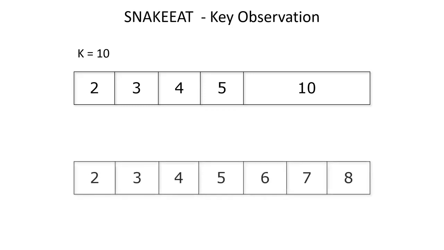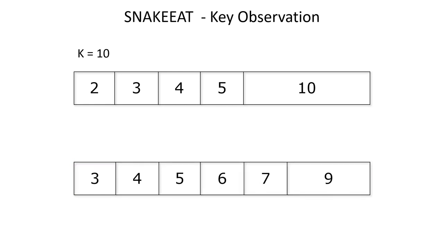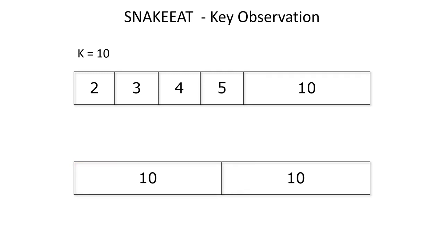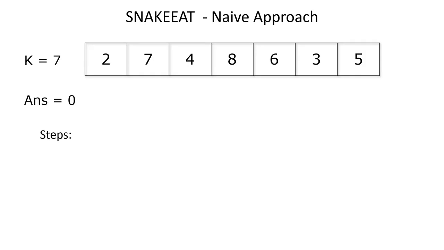Now let's look at another approach. The last snake eats the first snake and becomes of length 9. Again we follow the same procedure and the new length is 10. We have reached length of at least k, so we won't allow this snake to eat more snakes so that we can maximize our answer. Now we can allow the snake of length 7 to eat all the rest of the snakes to reach length 10. So in the previous approach we got an answer of 1, while with this approach we got an answer of 2. So it is optimal to allow a snake which has the highest chances of reaching k to eat the snake which has the lowest chances of reaching k to maximize our answer. We have the key observation now.